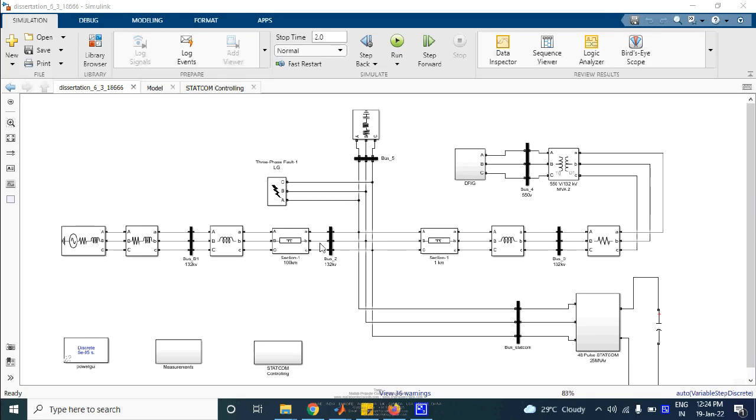Video about grid connected wind farm with STATCOM and DFIG model. So in this Simulink, we are going to check the performance of the power system with STATCOM and DFIG integration. Here the purpose of the STATCOM and DFIG connection is to check and control the reactive power